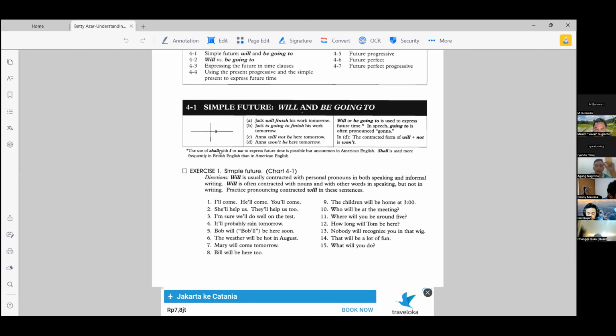What do you mean by in the future? So in the future is something like tomorrow, next week, next year, tonight, tomorrow morning. So something that is not now, but something that is in the future time. And the formula